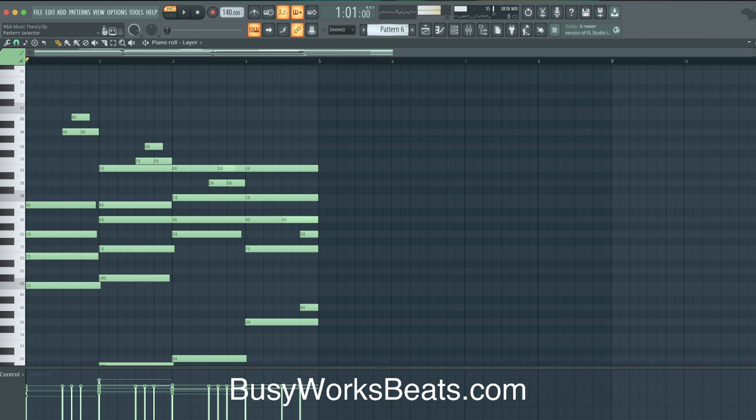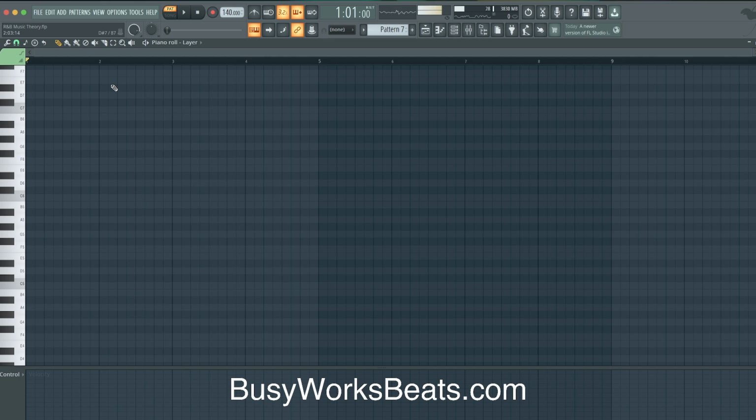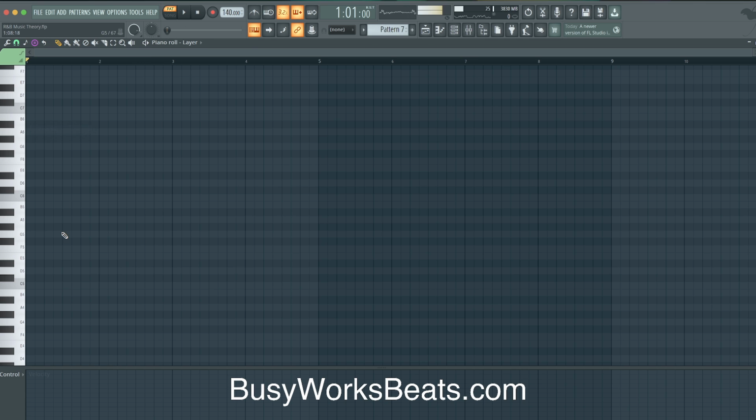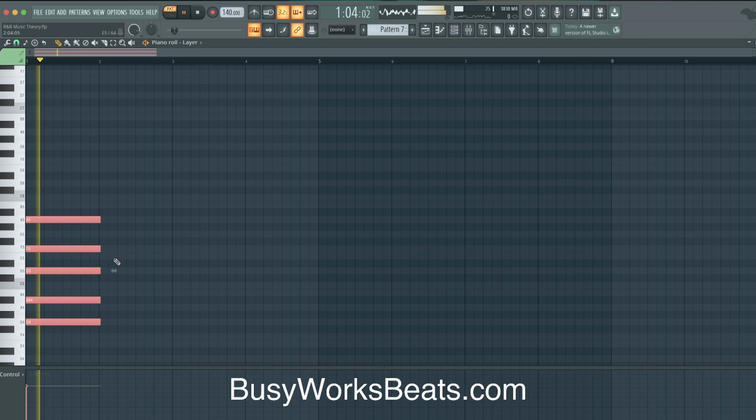Okay, let's go to a brand new chord progression. We're gonna start from scratch. Here I'm gonna get pretty advanced. Let's just start with one of my favorite chord types, a minor ninth. I just like this chord. Let's start here and just move around. I'm gonna show you different techniques you can do to move around.